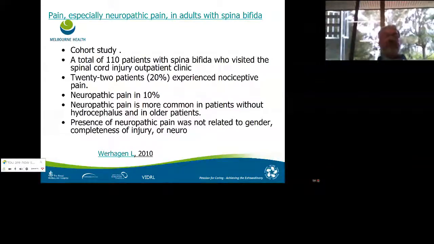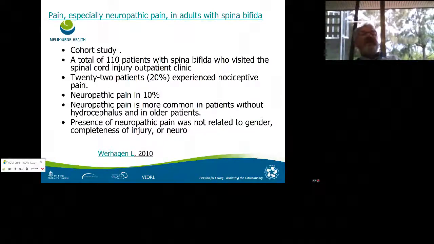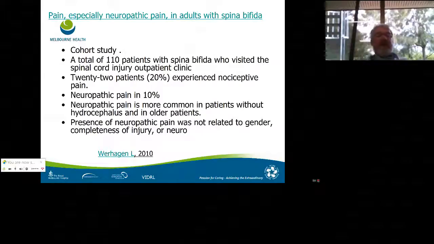One wonders if cognition may be having an effect there, and in older patients as well. So it may be something that we'll see more as time goes on. Interestingly, it was not associated with the completeness of the injury. Okay,